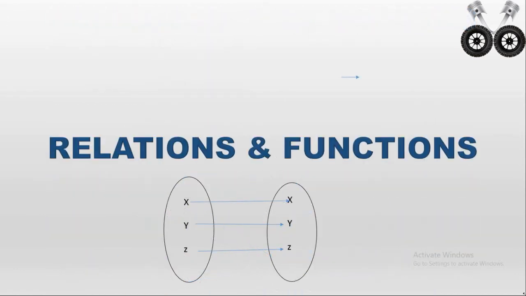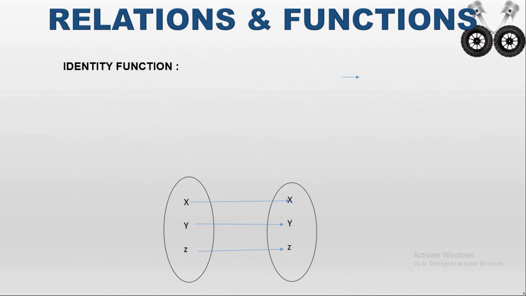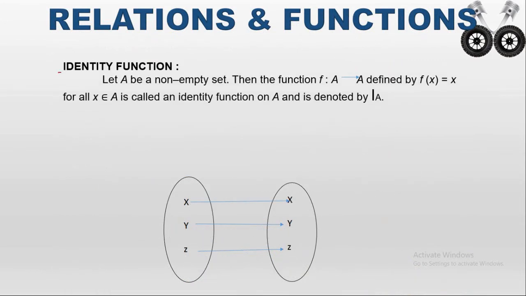Next one is the identity function. From the name itself, it is clear that identity means same. Let us consider a set A that is a non-empty set, which means it will contain some elements. Then the function is defined as f from A to A. That is, if there is any set A, it is mapped to the same set A. Then we can define the function as f of x equals x for all x belonging to A, and it is called the identity function on A,